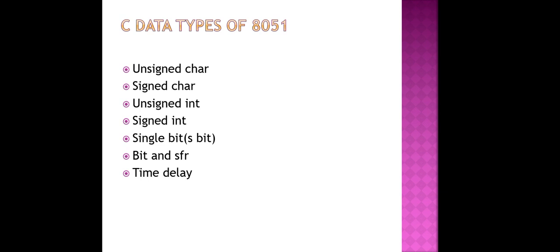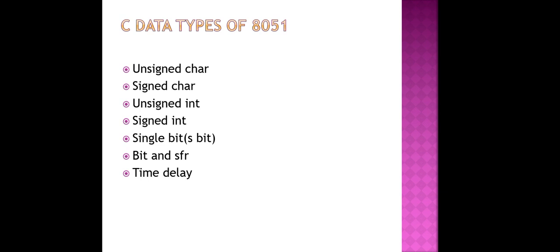The signed integer is a 16-bit data type that uses the most significant bit, D15, to represent the minus or plus sign.